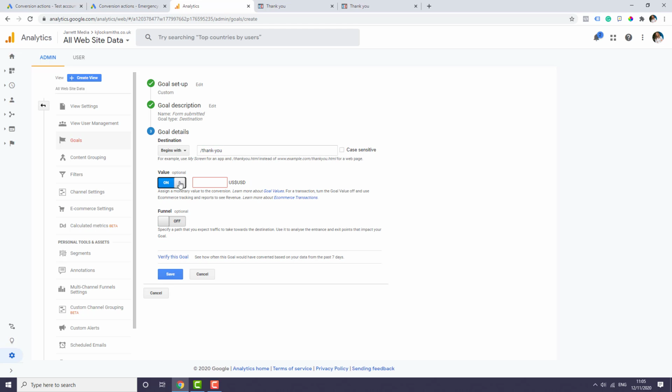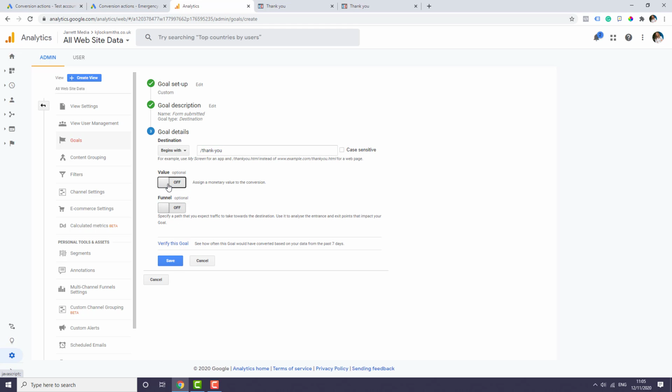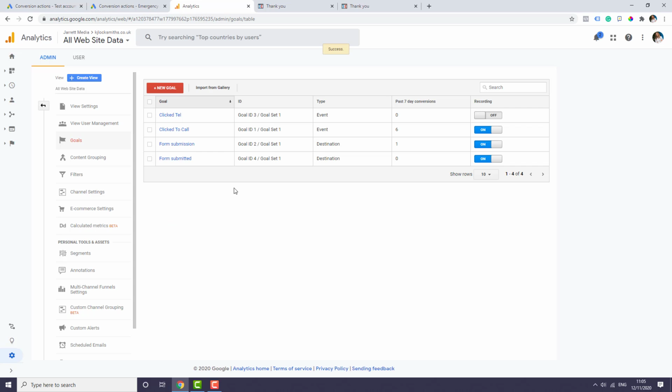We could again give it a value if you wanted to. I'm not going to bother. If we then verify that goal, you can see it will actually, because that goal has been tracking over the past 30 days or so, it will actually allow us to verify it. So if I click on that to save that,